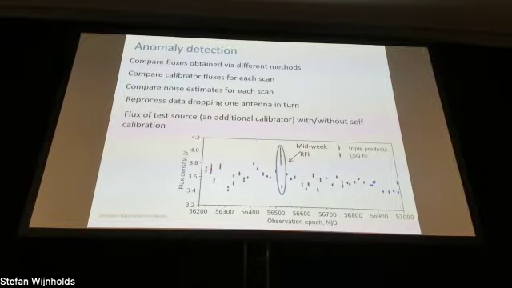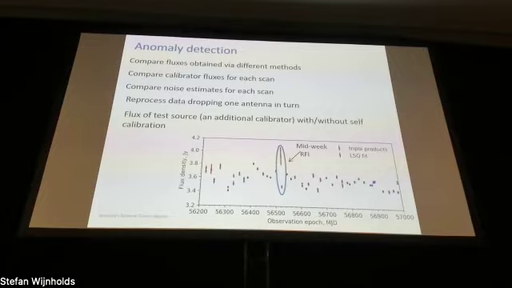There were plenty of other things when fine-tuning calibration, getting the right parameters and things like that. So yeah, all these cross-checks are extremely important. Beyond comparing different methods, we compare fluxes, say calibrator fluxes for each scan. And again, results may surprise. We compare noise estimates, where you process the data by dropping one antenna in turn. When everything is automated and scripted, it's possible to do this kind of thing. In addition to this, my calibrator loop included a test calibrator, a test source. So it's essentially yet another calibrator. We can deduce flux for it, treating it as a calibrator or as a source, and compare results.